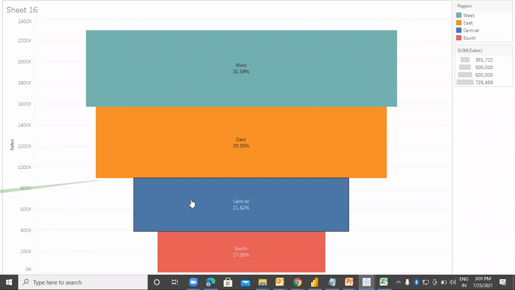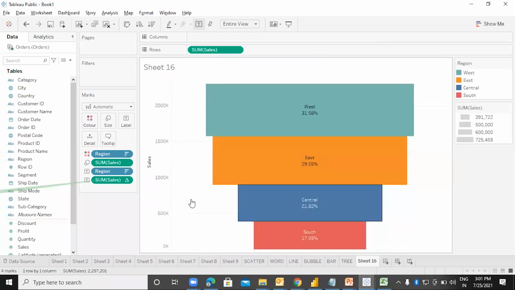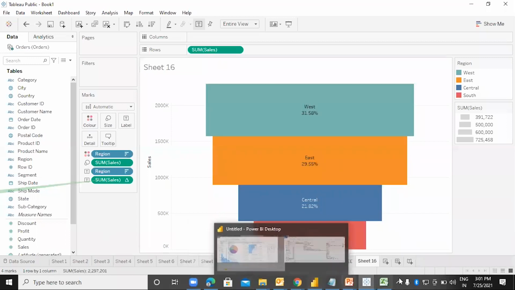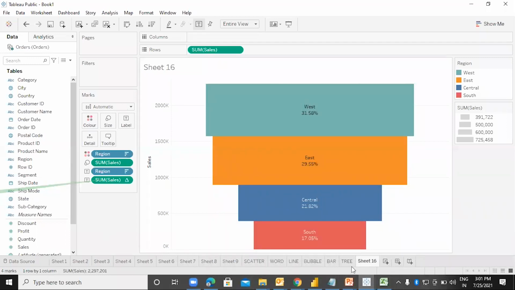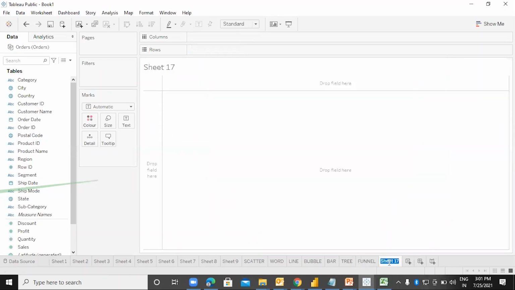All right. Then we have one more type of a funnel, which is known as the advanced funnel. Let us see the advanced funnel over here.